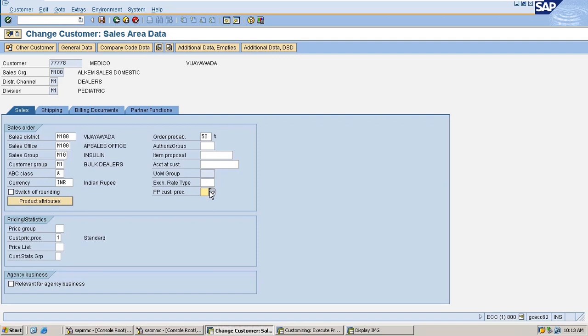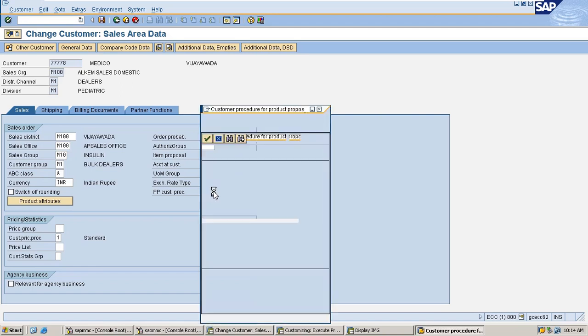Then the next one is PP customer procedure. We use this field for cross-selling as well as for product proposal. Cross-selling means selling additional products along with the main product to the customer. If the company would like to sell additional products to the customer along with the main product, then they will use the concept of cross-selling.